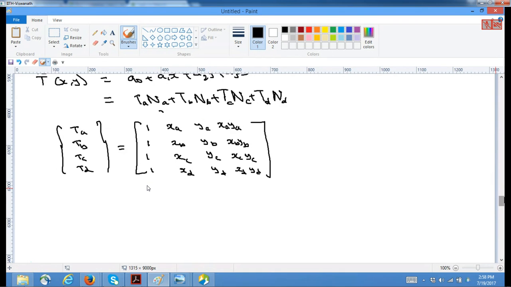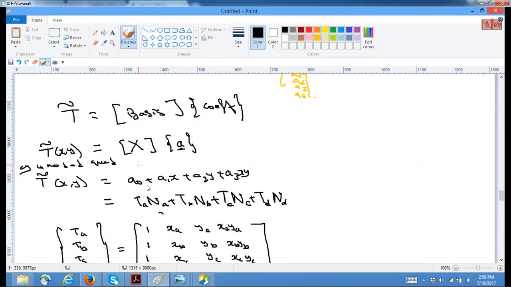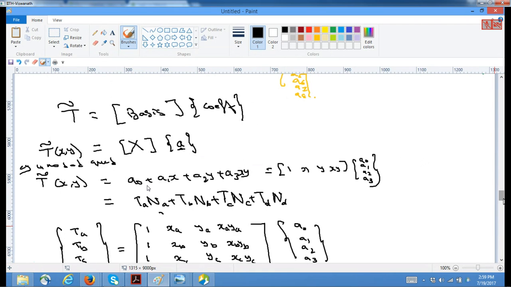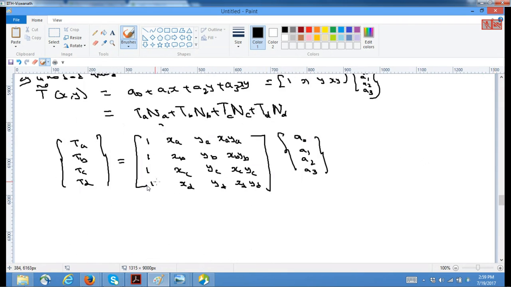For the 4-noded element, I said my basis function x, I can write this as my basis function 1, x, y, xy times coefficients a0, a1, a2, a3. But if I substitute this at xa, ya, this will be ta. Similarly, let me finish this equation. So this into this will give you ta. So this into this will give you tb. This into that gives you tc, and similarly, this equation into these coefficients will give me